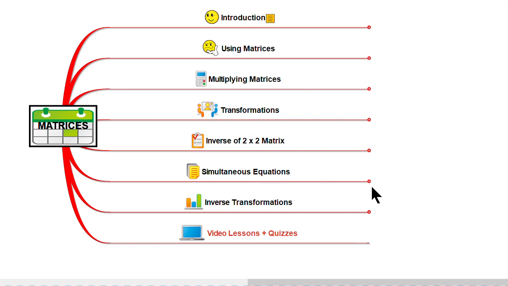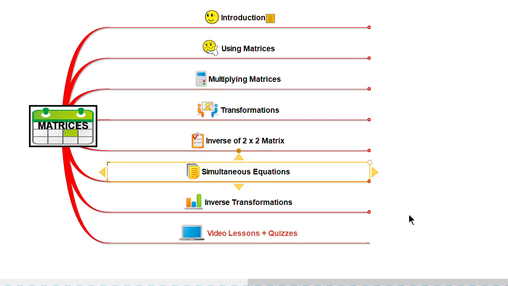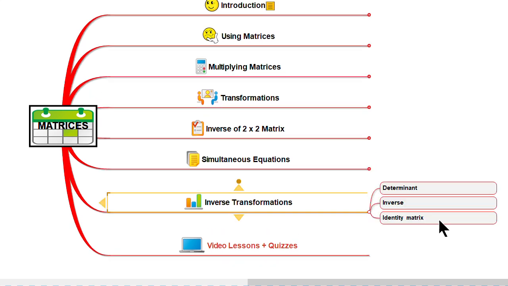Simultaneous equations. What's the relationship between simultaneous equations and matrices? Well, you can solve simultaneous equations using the matrix and the matrix equation. Check your solutions, always check your solutions. Inverse transformations. To identify an inverse transformation or to create one, you have to use the determinant, then the inverse, and identity